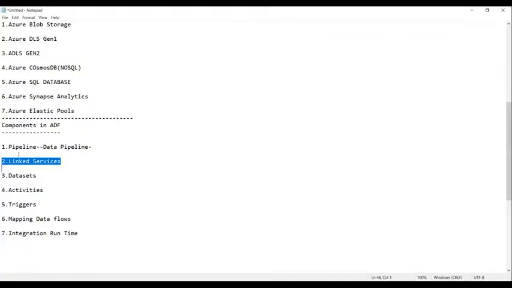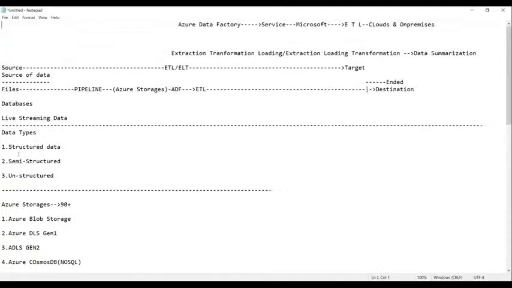In the same way here also, linked services. Suppose you have a database, let us say Oracle DB. We don't have any relationship between the Oracle DB and our pipeline in ADF.